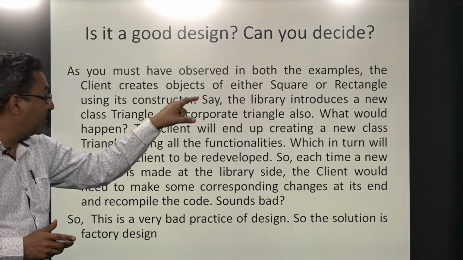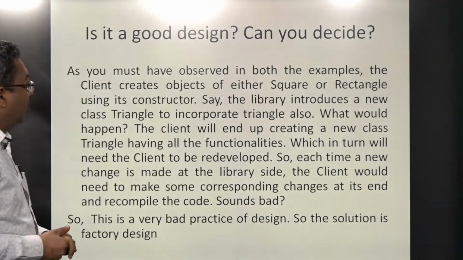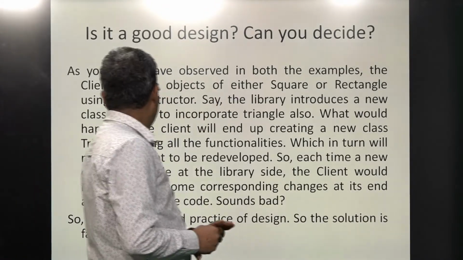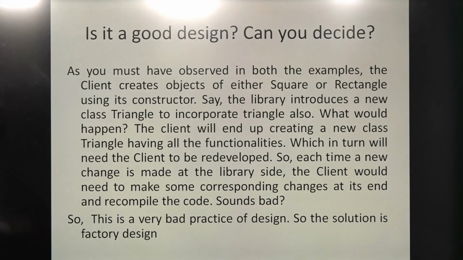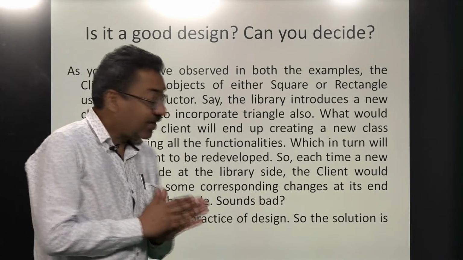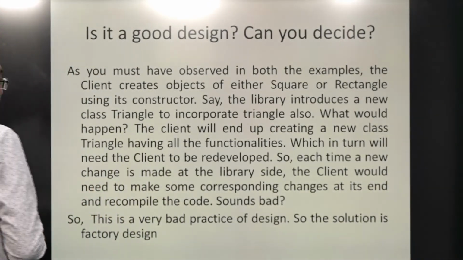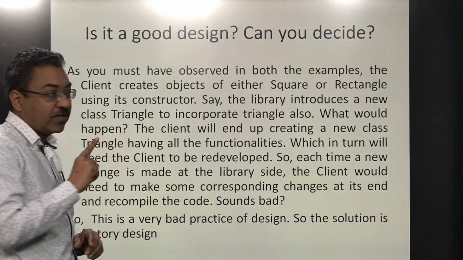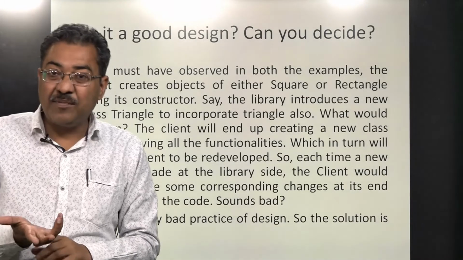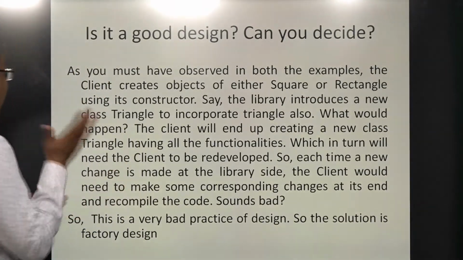तो हमने दोनों ही एग्जाम्पल में क्या करा है, स्क्वेयर या रेक्टेंगल क्लास के कंस्ट्रक्टर यूज किए हैं to create its object. उसके बाद हमने क्या करा है, let's say I want to create a new class named Triangle. मैं एक नई क्लास बनाता हूं, तो क्या मैं स्क्वेयर, रेक्टेंगल, ट्रायंगल बना सकता हूं? Of course बना सकता हूं। लेकिन अगर मैं उसी क्लास को यूज करके क्लाइंट में उसका ऑब्जेक्ट बनाना चाहता हूं, तो मुझे क्या करना पड़ेगा, उसका जो कंस्ट्रक्टर है, I have to expose